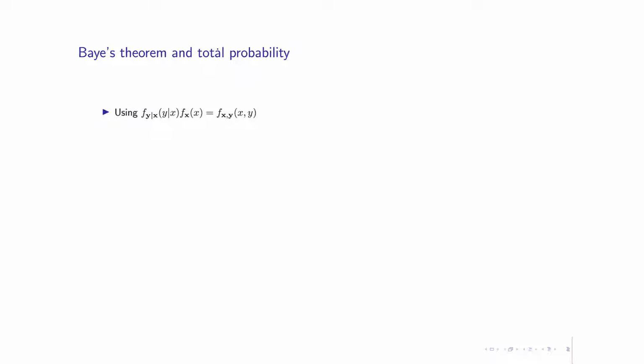We have seen that the joint PDF of two random variables is always equal to the marginal PDF times the conditional PDF, and is equal to the joint PDF of two random variables. So using this equation, we want to rewrite the Bayes or upgrade the Bayes theorem and